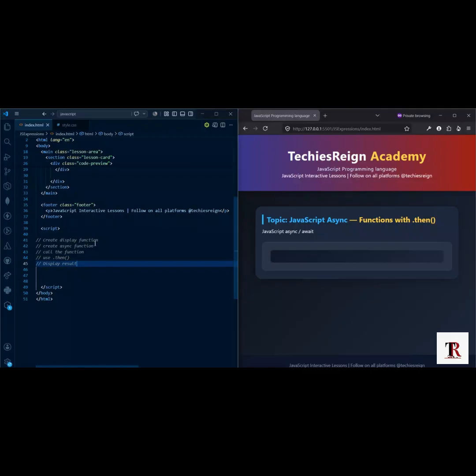So the first step says create display function. Second one, create async function. Third one, create the function, use .then method, and then finally display the result. So the first thing I'm going to do, according to what I have here in the comment section, is create